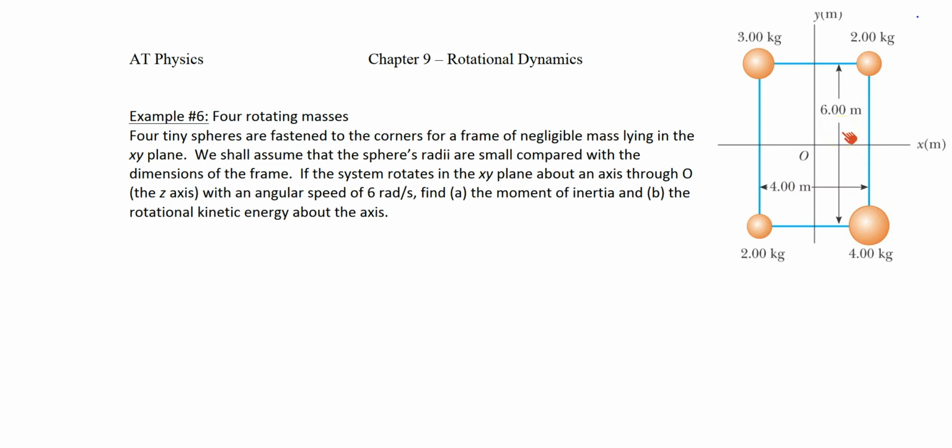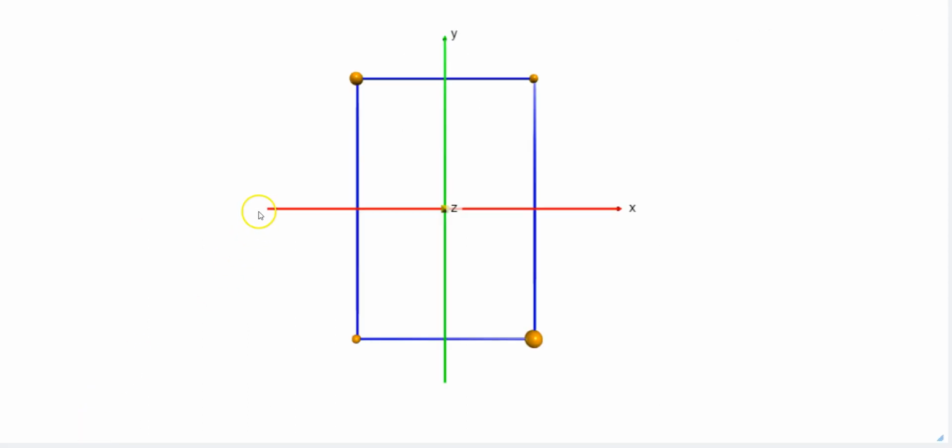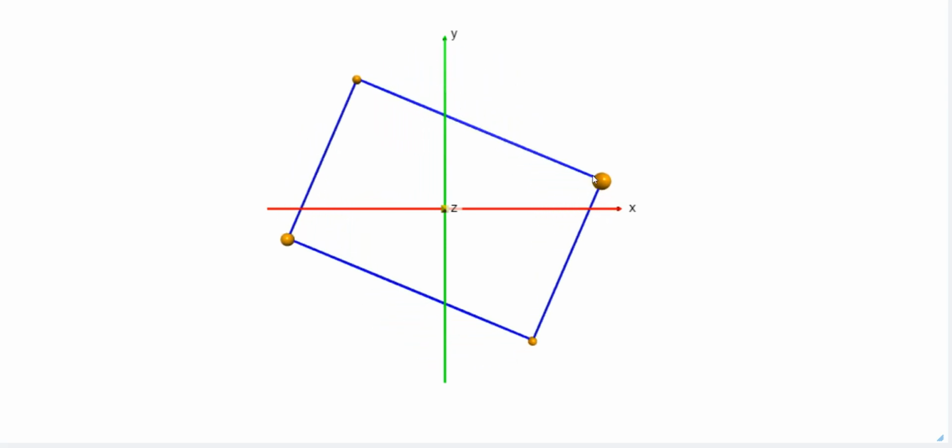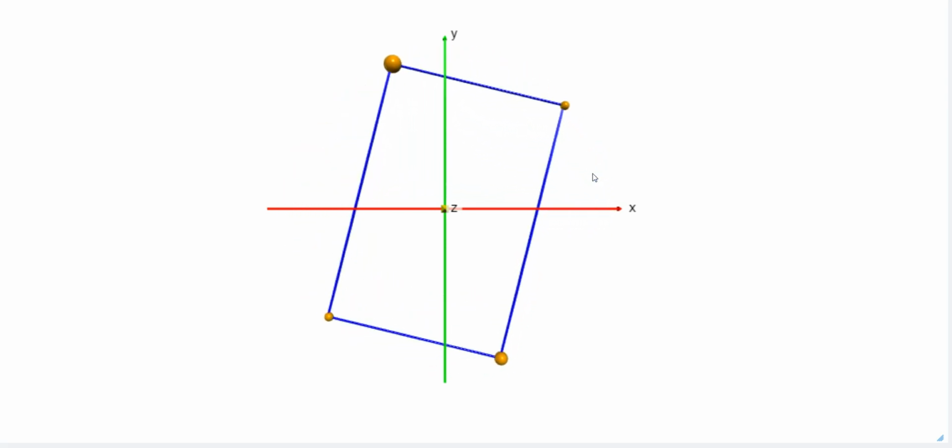Now this is a little bit hard to visualize, so I decided to make a little program in GlowScript to visualize this. We'll do this in class as well, I hope. So here I've constructed this in GlowScript, and I've got 4 spheres, and I've also labeled my axes X, Y, and there's actually a Z axis coming out of here. So you just click and play here, and you can see it's rotating, but it's rotating in the XY